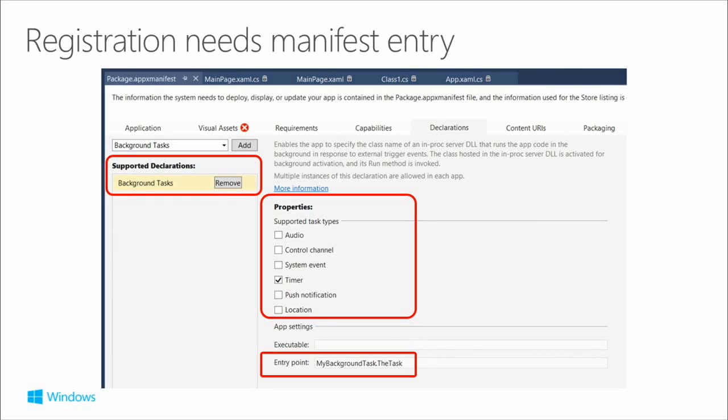You need to declare any of these background tasks in the manifest. We've got a single instance shown here where you go into this bit on the left where you have your supported declarations. You add background tasks, and then you have to set for each, and you can add multiple background tasks. So you can have 1, 2, 3, or whatever of these. I don't actually know what the maximum number is, but